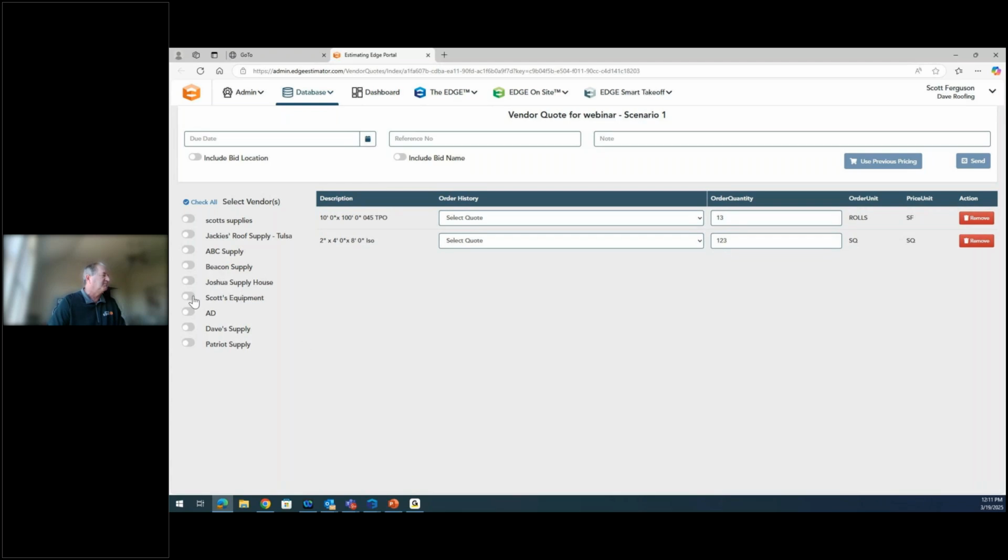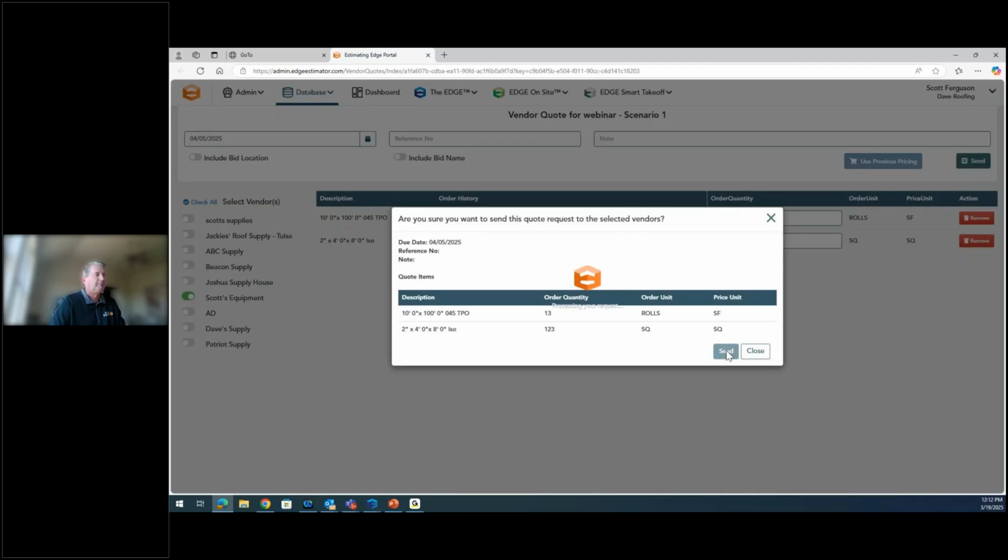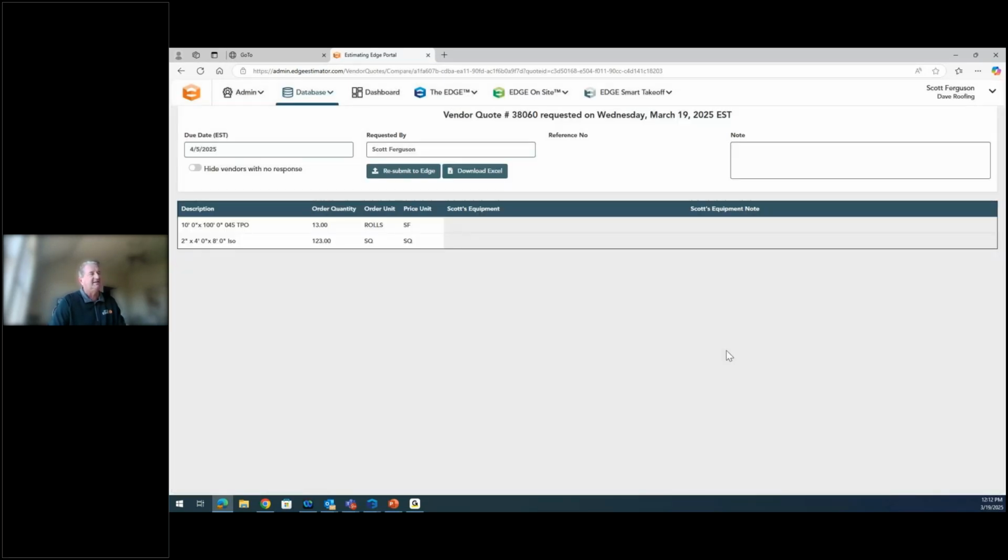So let's say I want to get a price update for those 2 items from Scott's Equipment. Come over here and do an expiration on it. Here's the 2 items in question and the quantity, and hit send. Confirm it. It's going to send out an email to my contact at Scott's Equipment requesting a price update for those 2 items. So if I go back into my inbox, pull that up,